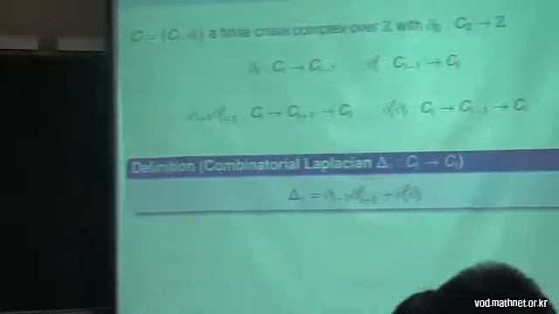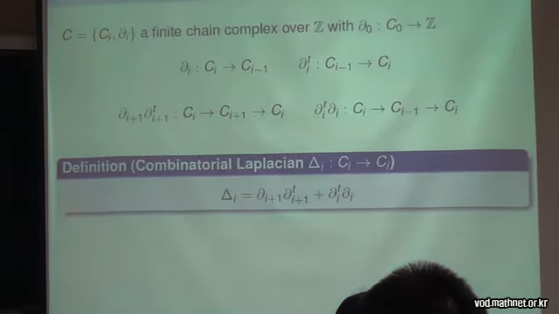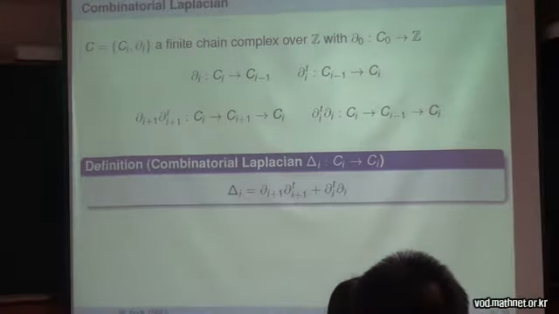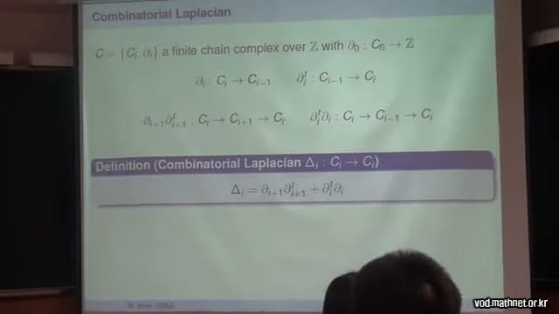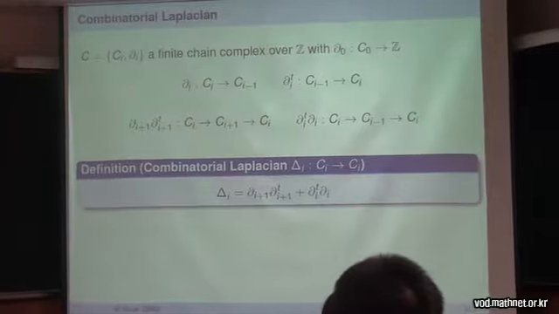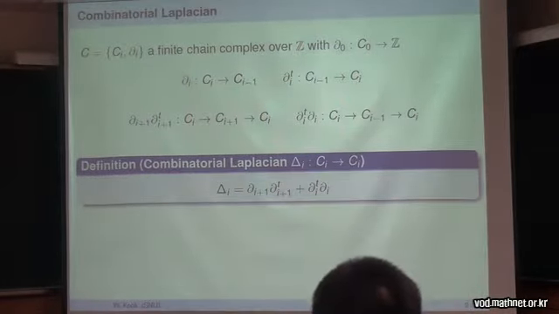So let me start with the definition of a combinatorial Laplacian. What we need in order to talk about a combinatorial Laplacian is a chain complex. Chain complexes that arise from simplicial complexes or CW complexes, or any other chain complex that you're interested in, can be used for the definition of a combinatorial Laplacian. So we have the boundary operator from the ith chain group to the (i-1)st chain group, and its transpose